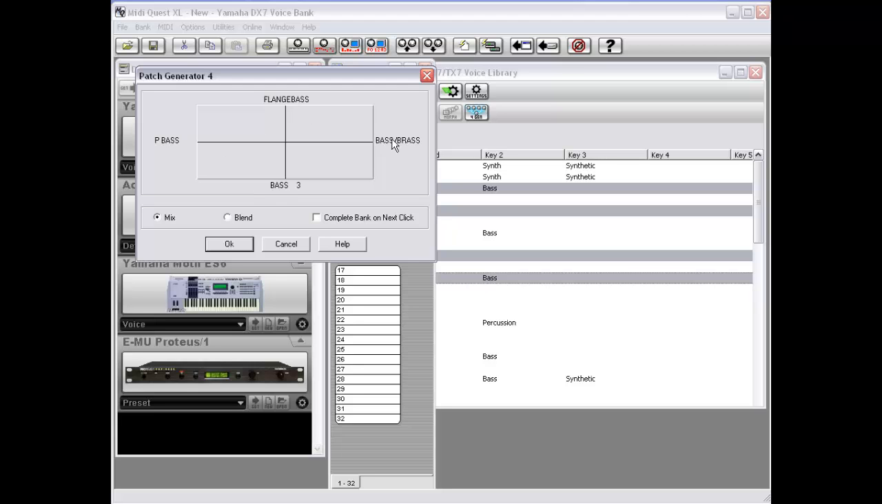In the 4 corners, or 4 sides, you have the 4 patches you've selected. The closer you click to a particular patch, the more the sound you generate will sound like that patch. And each click within this box essentially generates a patch. So you make clicks or draw lines until your bank is filled with new patches. So clicking here, I have a sound that is strongly biased to bass 3, biased against flange bass,